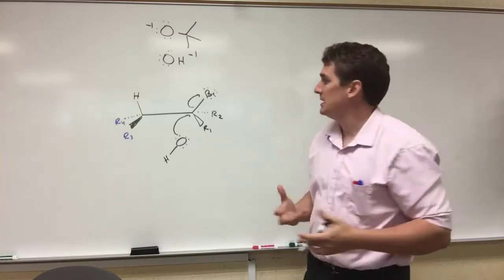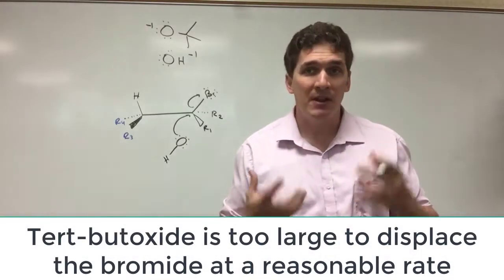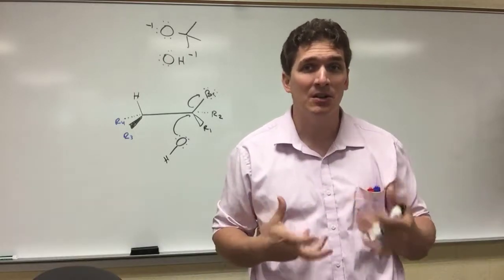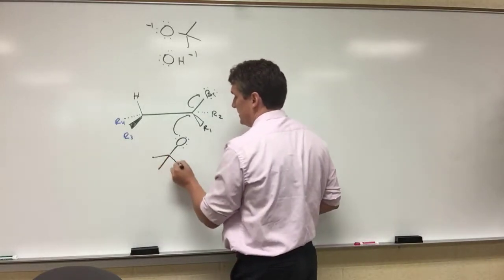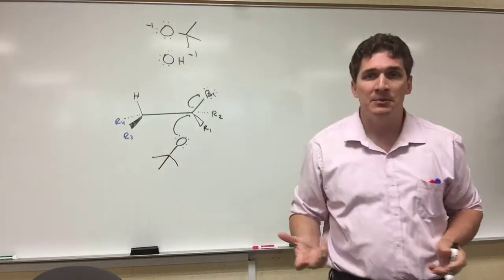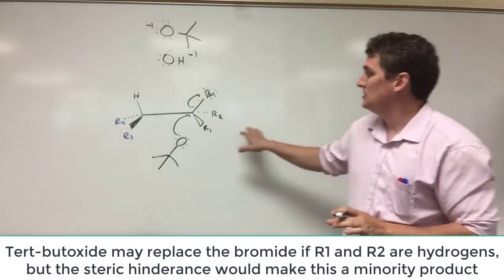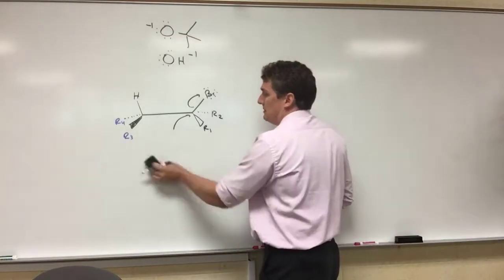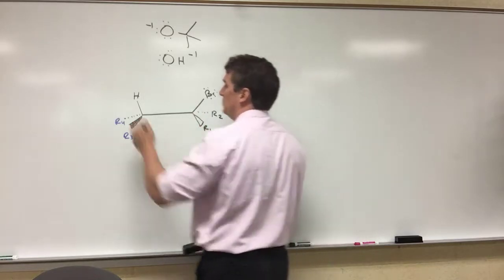Well, with the tert-butoxide here, we have R1 and R2 groups. If they are hydrogen, this is a real possibility that the tert-butoxide could also do the same thing, and we end up getting an ether in place of a hydroxide. The way we can stop this is if R1 and R2 are CH3 groups, if they're actual carbon chains. So if they are carbon chains and we use the tert-butoxide, what will happen